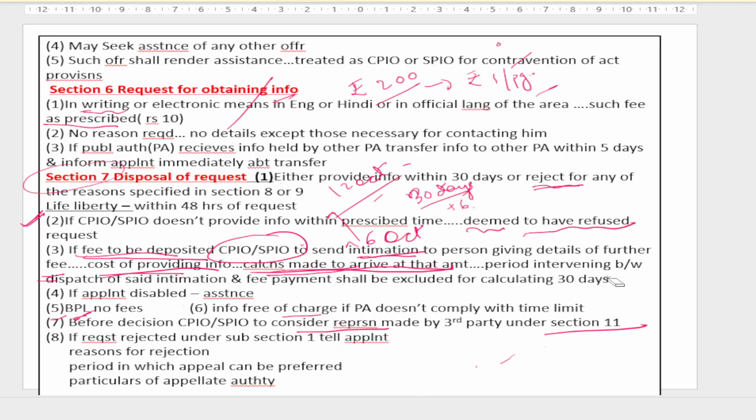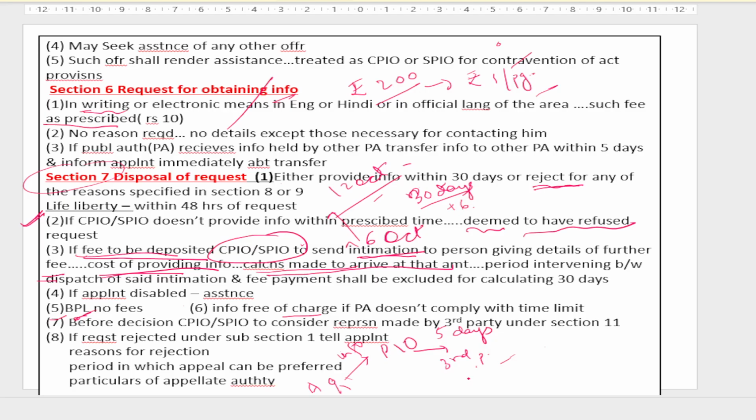Now suppose applicant A has filed an RTI application to the PIO. And this information relates to a third party, that is, any other person other than the applicant. Now the PIO will, within a period of 5 days, write a letter to the third party, will give notice to the third party,